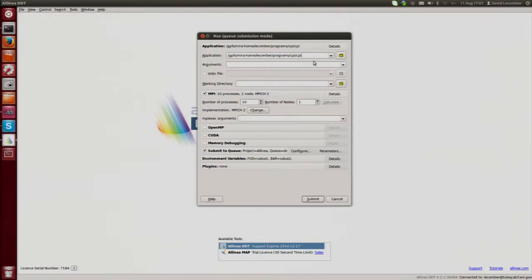So this is DDT's launch a job screen. Select the application, the number of processes, the number of nodes. It depends on what your system is as to whether you have to choose those, but DDT can be configured to make that easy. And it's ready to submit to the queue. If I wanted to turn on memory debugging, there's a button here to do that. But I won't. I'm just going to go straight in,